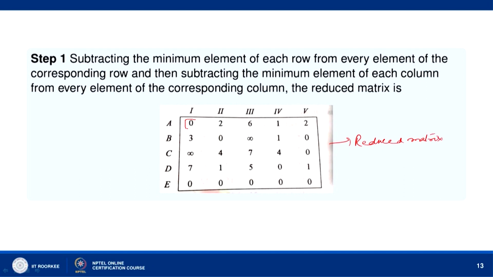In row 1 we make an assignment here, because there is a single 0 here, and then cross out all zeros which lie in its column. So, we cross this, we go to the second row, which has 2 zeros. Okay. So, we move to the third row, which has a single 0 here, we make an assignment here, and then cross out the 0 which lies in its column. In the fourth row there is a single 0 here, we make an assignment here, and then cross out the 0 which lies in its column. Okay. And then in the fifth row we have 2 zeros.